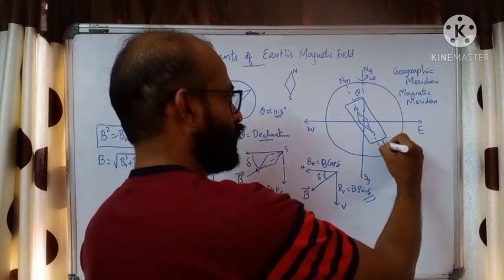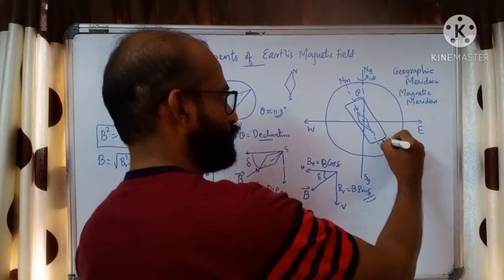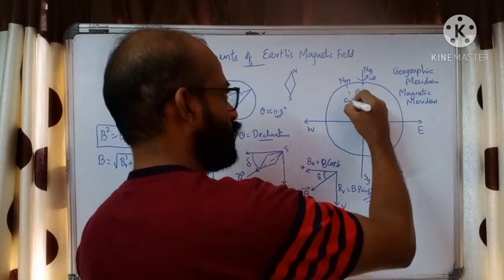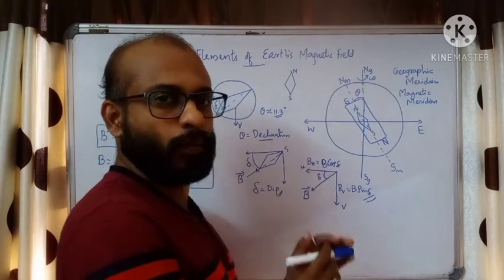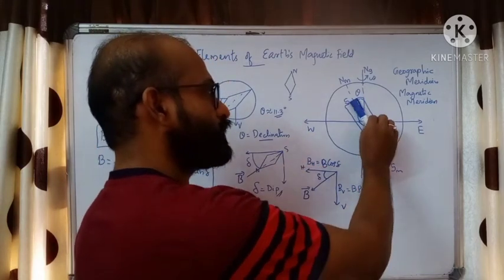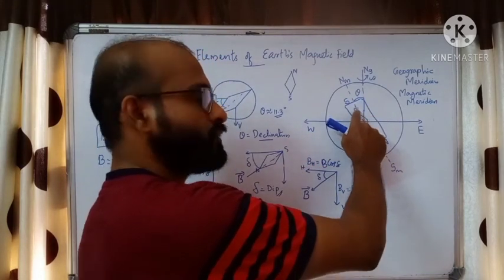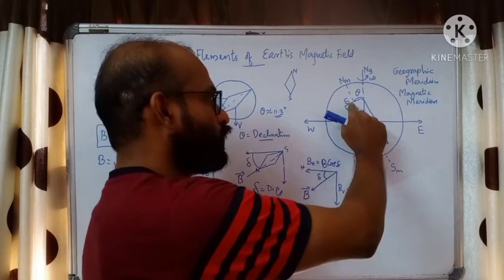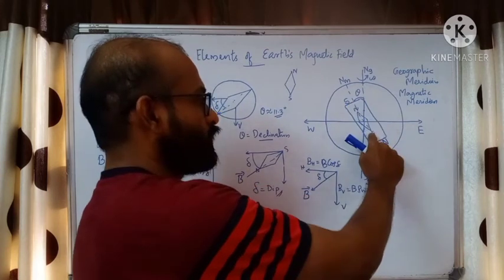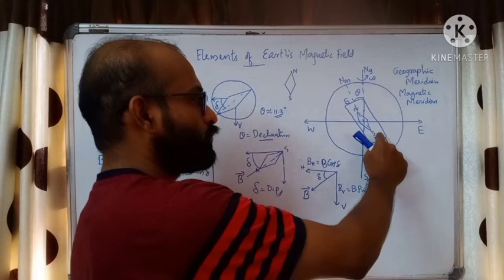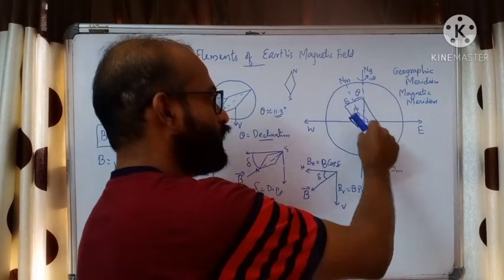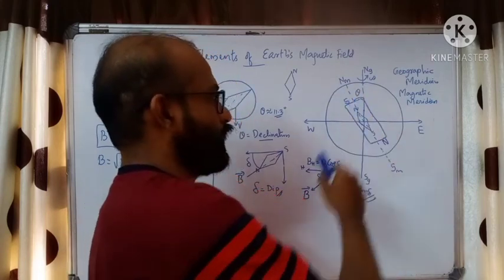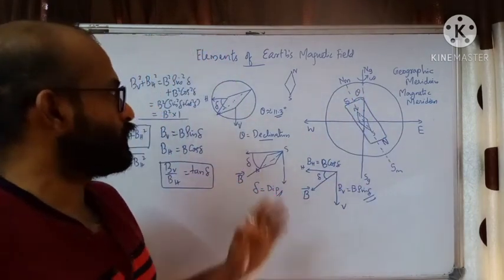Here we have the north pole of the Earth's magnet. Here we need the south pole of the Earth's magnet. So we feel it is extremely opposite. The compass needle north pole should align in this direction in order to attract the south pole of the Earth's magnet, and the south pole aligns to attract the north pole of the Earth's magnet. This is the magnet we assume inside the Earth in this direction. Okay, that's about the Earth's magnetic field.